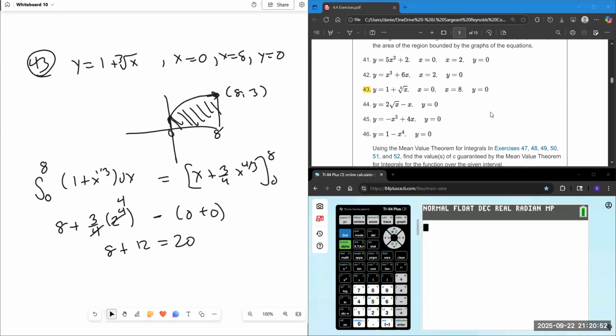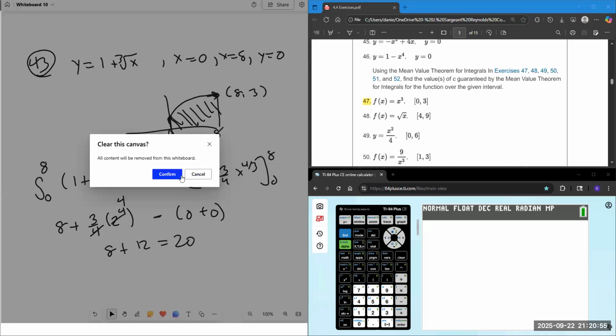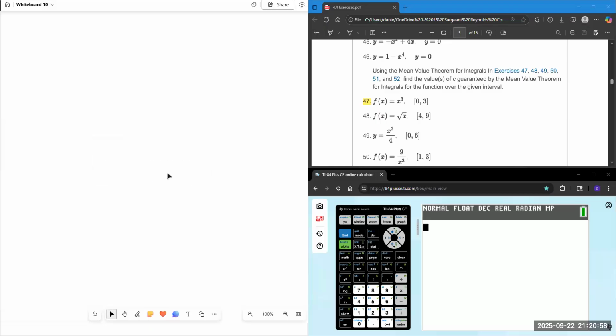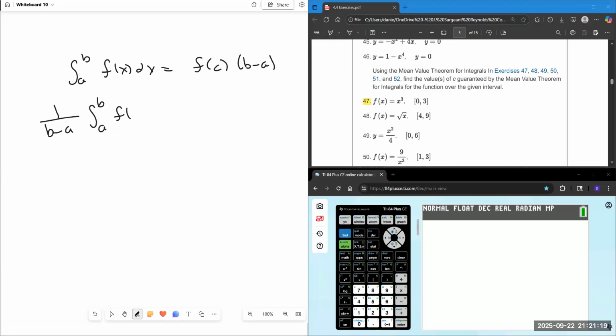So now our next problem, 47, and we're using the mean value theorem. The mean value theorem says the integral from a to b of f of x dx is equal to some f of c times b minus a. It'll tie right into the average value function that says 1 over b minus a times the integral from a to b of f of x dx is equal to some f of c. They're really the same formula, just solved for different things, where this f of c will be the average value of the function,